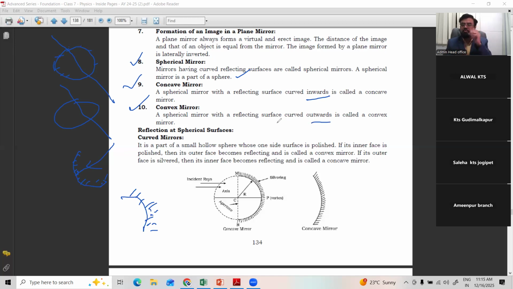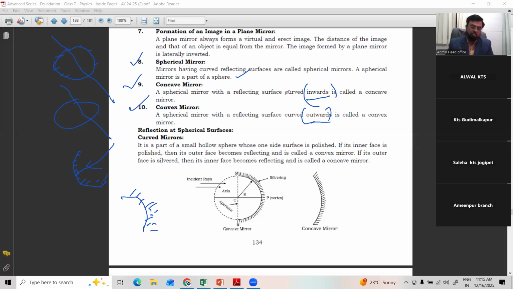With the spoon, you can do a lot of experiments. Take a new steel spoon and observe your face from one side, then observe from the other side also. On one side you can see your image increased in size, on the other side decreased, diminished. Such two mirrors, in which the reflecting surface is either inward or outward, are called concave mirror and